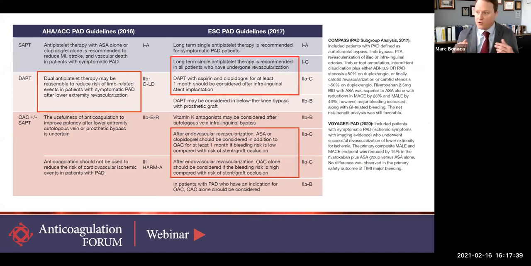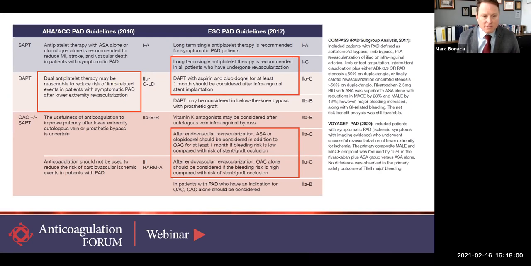Now, we've heard that this patient may be discharged on dual antiplatelet therapy with aspirin and clopidogrel. We can see that gets sort of a 2A or 2B with a class C for evidence, because there's no randomized trial to actually show that there's any benefit in the limbs, but we sort of extrapolate from the coronaries, and we know this is a high-risk patient.